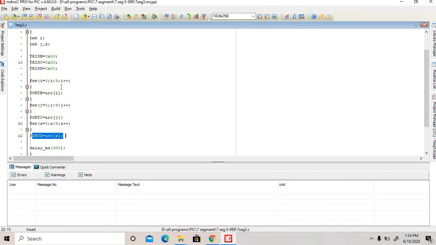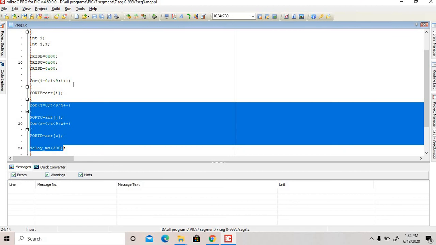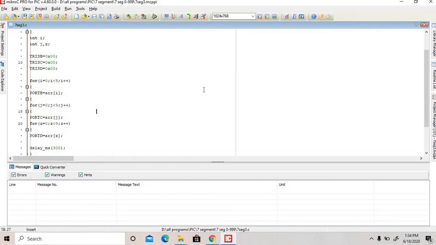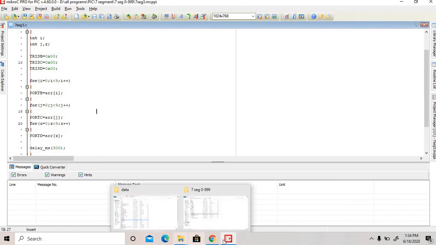99. This value will be 1. Then 0 to double 9. Then 2. Then 0 to double 9. This program operates 0 to double 9. This is 1. For 1, this operates 0 to double 9 times. This is 2. Then again 0 to double 9. This whole program operates 0 to triple 9. Means 0, 0, 0, 0 to triple 9.